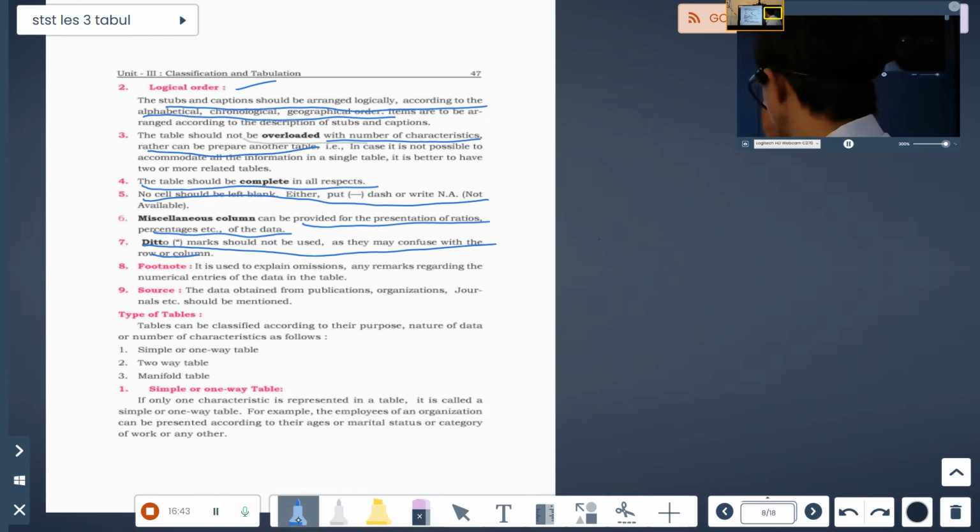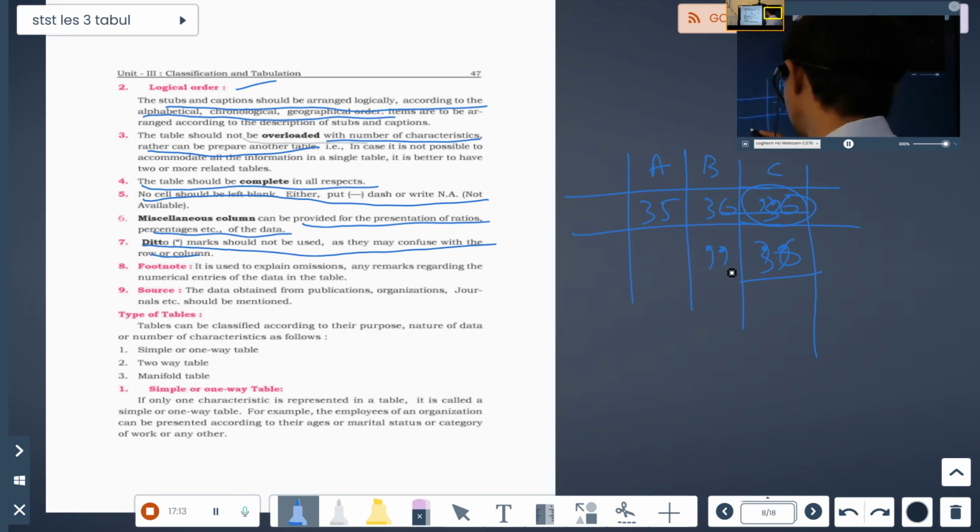Okay, if you have drawn it like this, now this is A and this is B. You have 35 here, 36 here. Now if you put a ditto here in C, what does it mean? Is it 36 for this full thing? And if I put a ditto here, do I get a 36 here also? I don't know. If I put a ditto here, is this ditto for this E and F row, because I have 34 here, or is this number 36 or 34?